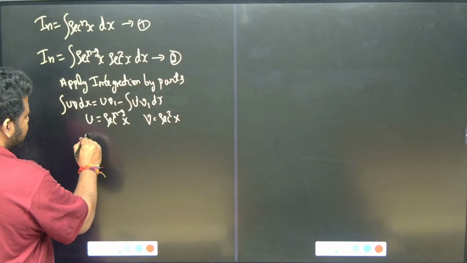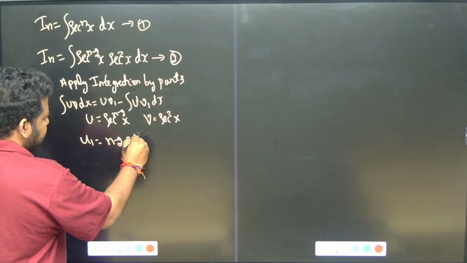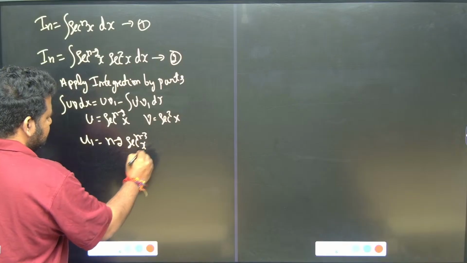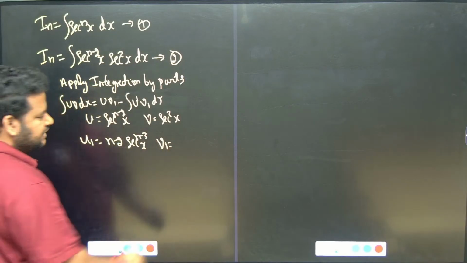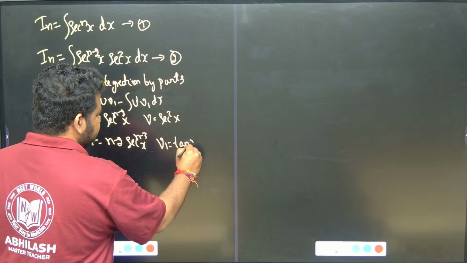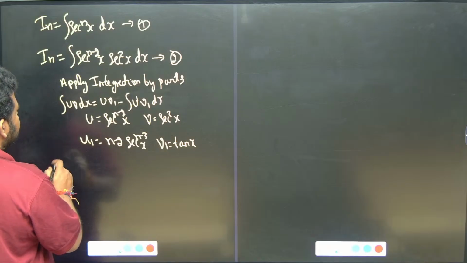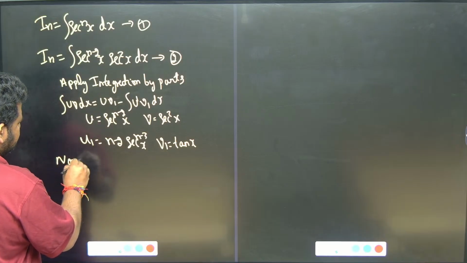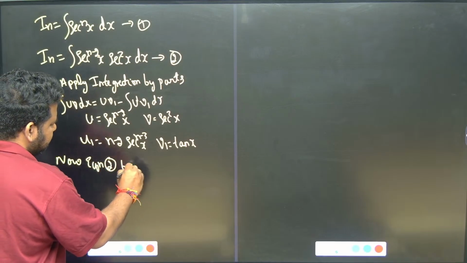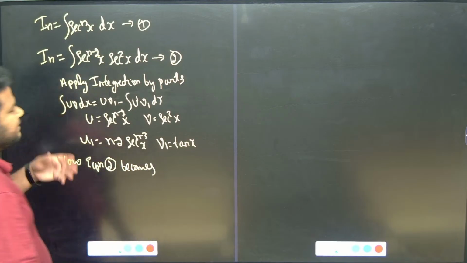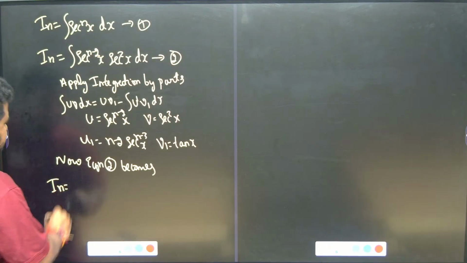What will happen to u dash? u dash will become n minus 2 into secant power n minus 2 minus 1, that is n minus 3x. What will happen to v1? v1 will be integral of secant square x, which is tan x. Now put these values here. Now equation 2 becomes, I am writing this because we are applying integration by parts, I of n is equal to